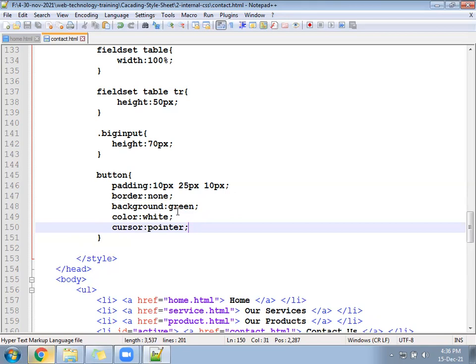Sir, sorry, just one question. Tell me. Sir, for the tr, you have given height as 70 px. So here margin won't help, sir? If we give margin, margin will also help. So can we give margin instead of height? There are multiple options. We can either use height, we can also use margin. Yes, you can give height also, you can give margin also. Oh, okay, sir. Thank you, sir. That can be managed through padding also. Yes, even that I was thinking.